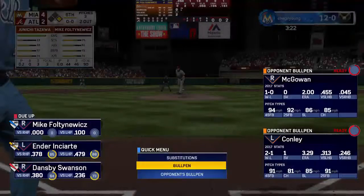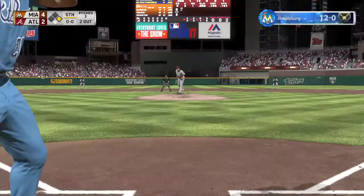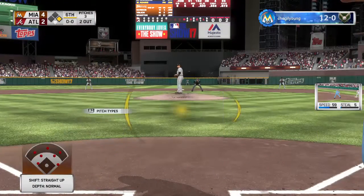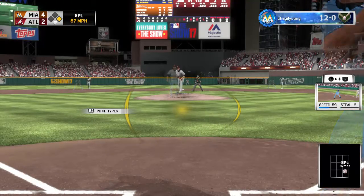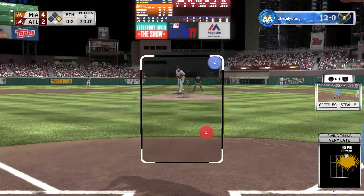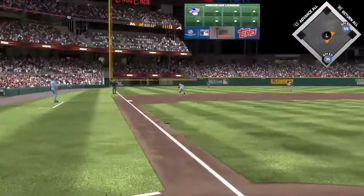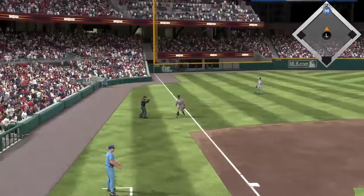Ready once again, Mike Foltynewicz. No hits in 2 trips to the plate for him in the ballgame. Matt Adams will get the call here as he'll hit for the pitcher. Number 18, Matt Adams. And he holds up here, but the pitch is a called strike anyway. And he comes in as a player to watch out for, hitting well over 300 on the season. He just ramps up and gears the fastball by him. 0-2. This is swung on and popped up, crossing into foul territory now behind 3rd. Dietrich has got it, and the